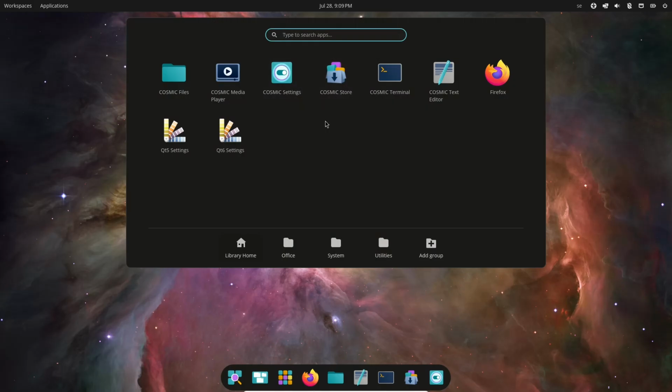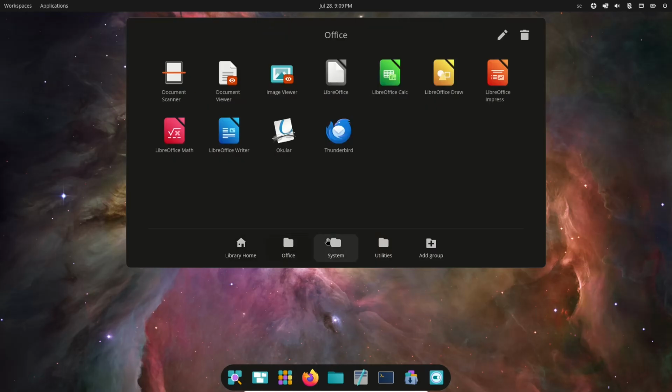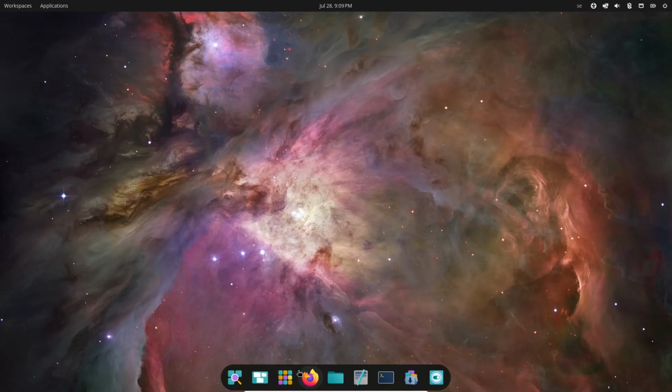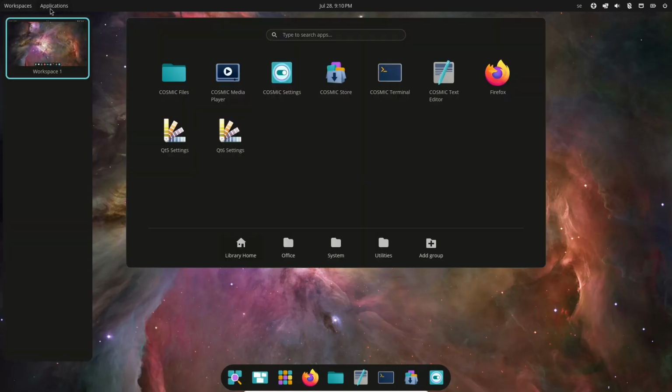And the applications are in logical groups. If we continue, there are frequently used applications. If we look at the top panel, on the left, there are buttons for workspaces and applications.